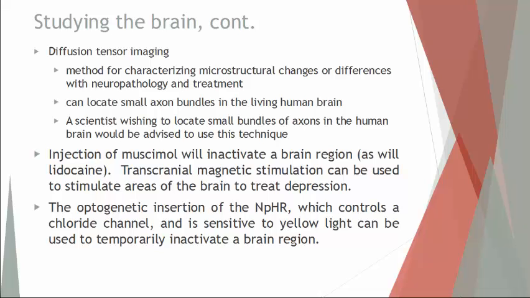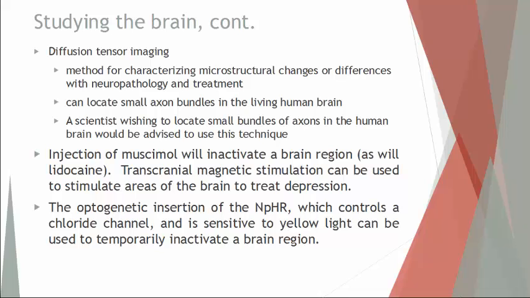In this case, you can control certain neurons with this compound. NPHR is a protein. It's a type of rhodopsin that you'll find in neurons. When that is injected, it is very sensitive to a particular wavelength of yellow light, around 500 nanometers. When NPHR is exposed to this frequency of yellow light, it causes channels in neurons to become hyperpolarized, and when this happens, the neurons basically shut down.